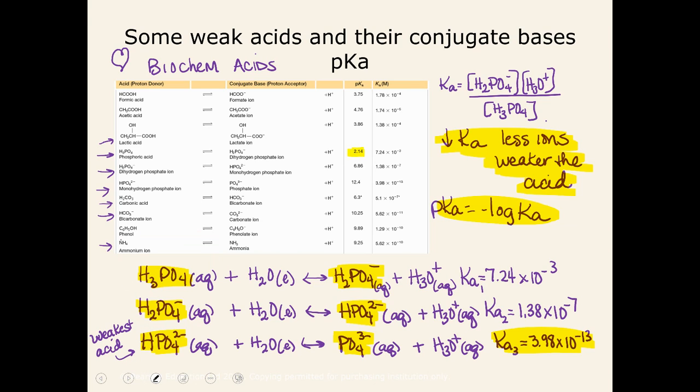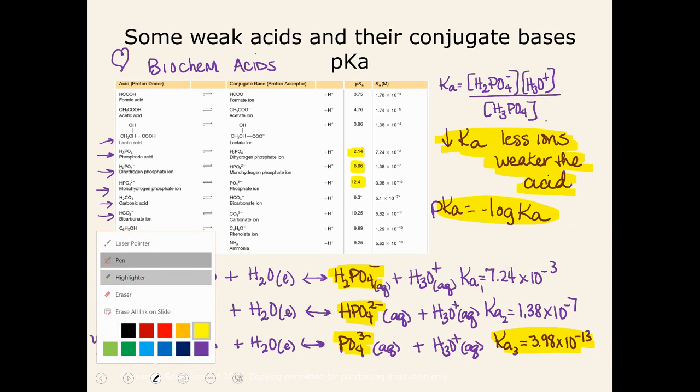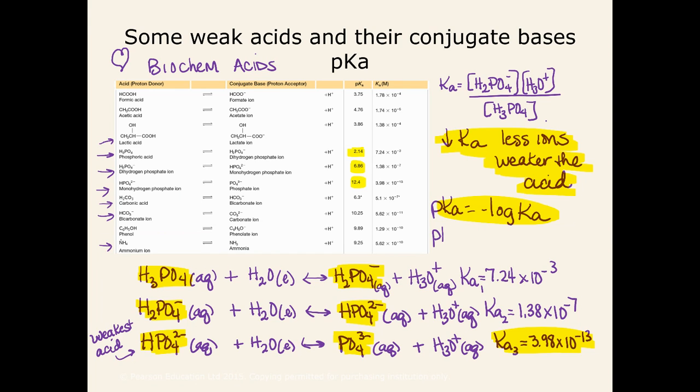is phosphoric acid, 2.14. That's the negative log of 7.24 times 10 to the negative 3. Make sure you can do that in your calculator. The pKa of the second buffered system is 6.86, and the third one is 12.4. And so make sure that you know how to do that. I can write the first one in. So for the first one, pKa will be negative log of 7.24 times 10 to the negative 3. And so what I want you to see